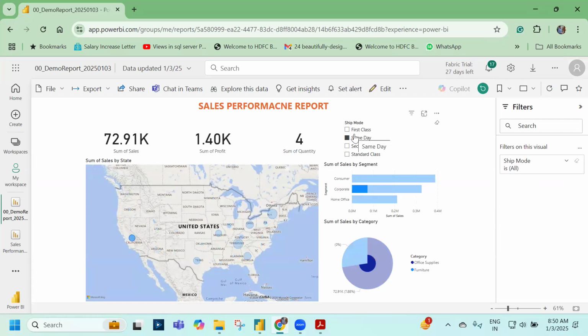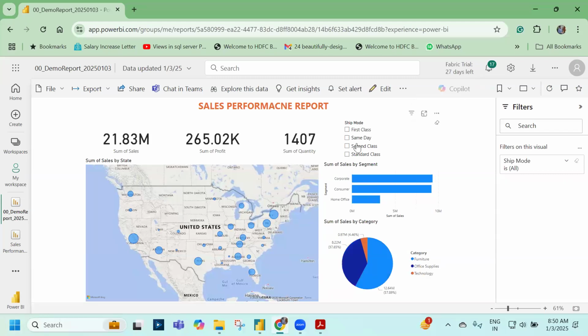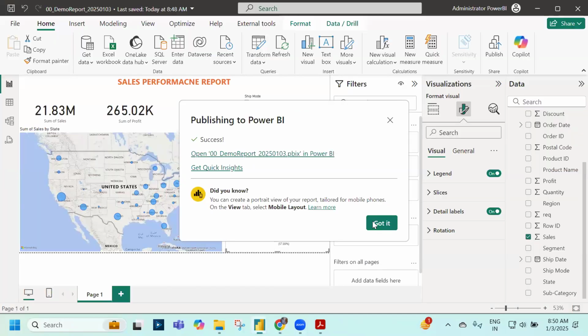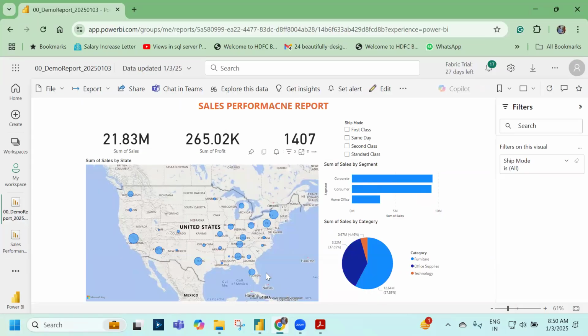Same day, right? So all these things are quite easy in Power BI. You don't need to worry about filters, connections, and all that we do in Excel. It's simple. Just create the report, everything is interconnected, and publish the report. And grant permission to your manager to view the report, and they can view it from mobile, tab, desktop, laptop, anything. Okay. So report development is done in Power BI Desktop, and reports are published onto Power BI